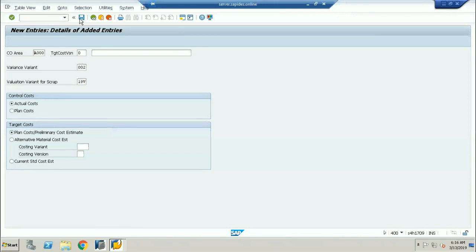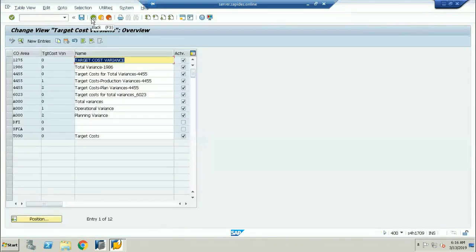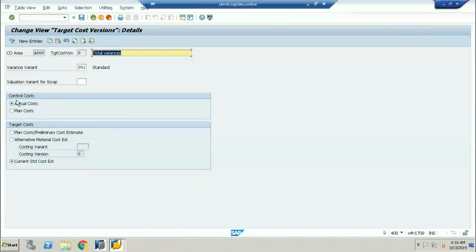Now, because it has already been defined here, standard cost estimation is allowed for the comparison, because 8000 is already defined here. So once you define it here, see, it has already been defined. Either you want to go with the standard cost or whatever it may be, once you define this particular variance.